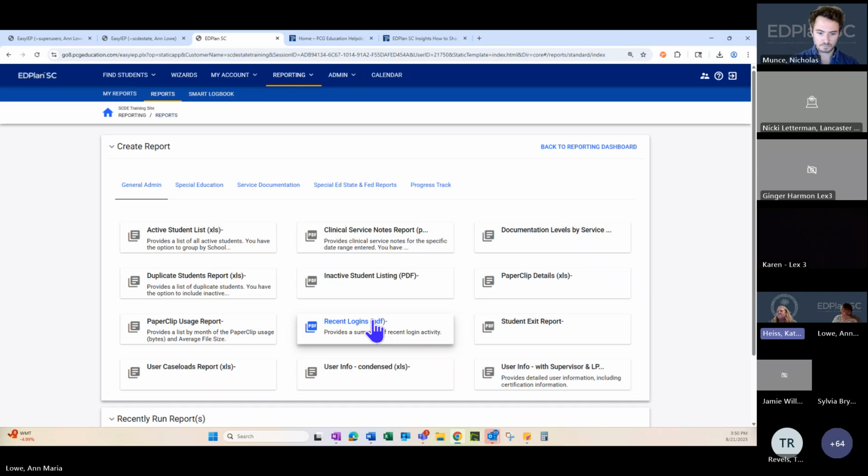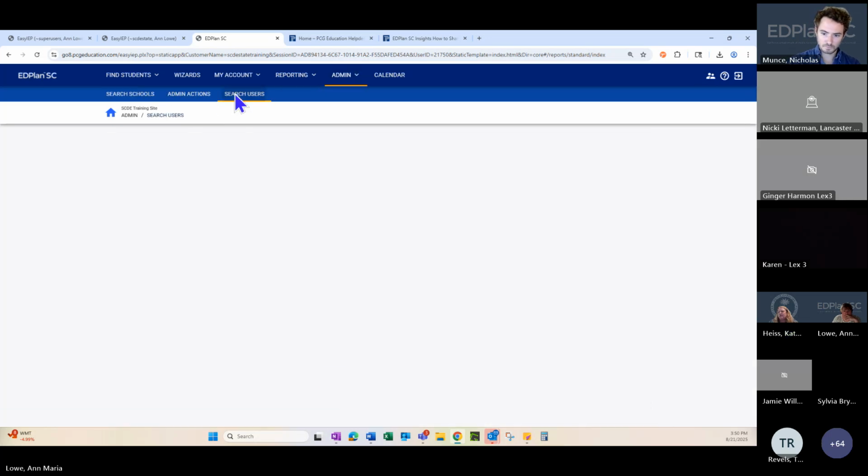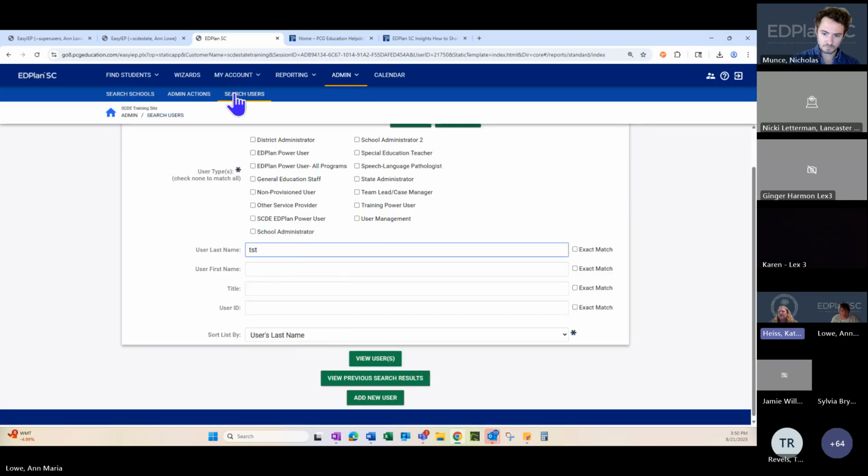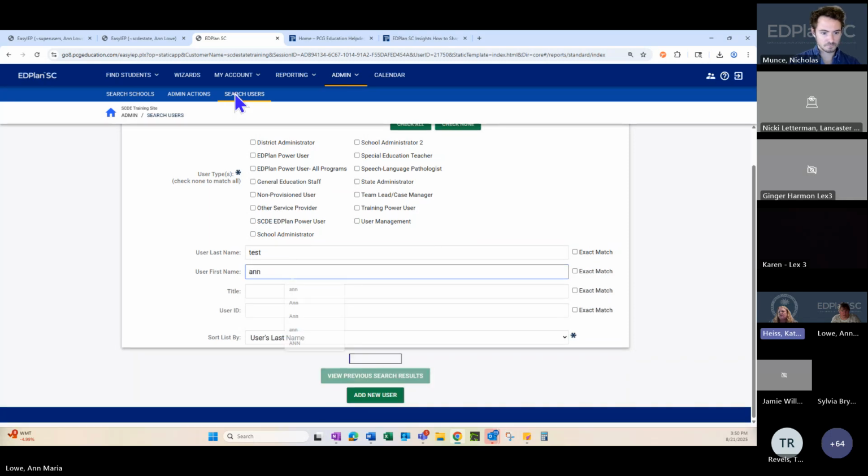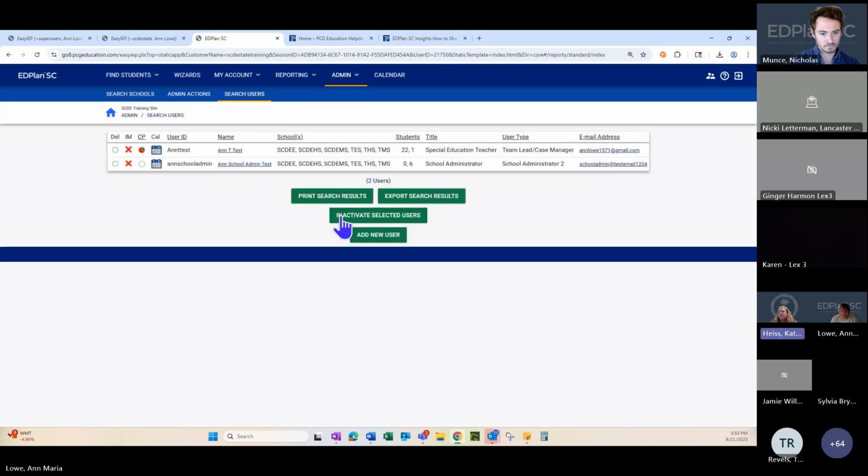So, the other way to do this, and I don't know if this is what she's really looking for either, but like if I go to admin search users, I can look at the user activity, and then it allows me to know that person's activity if you're looking for a specific person, but if you're looking for groups.